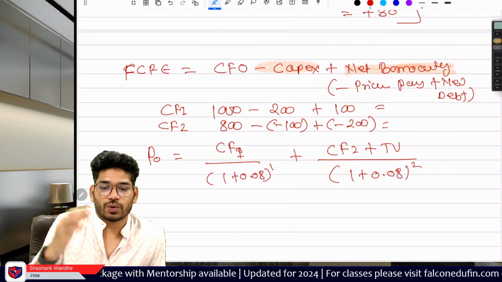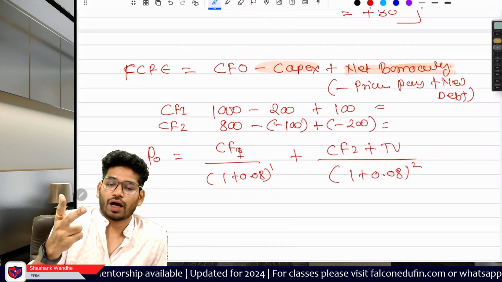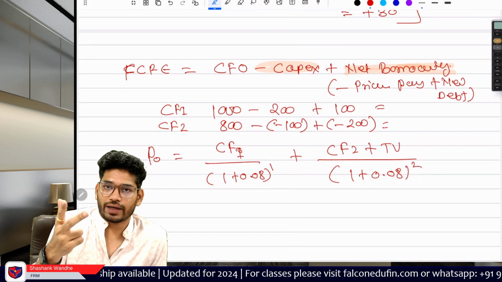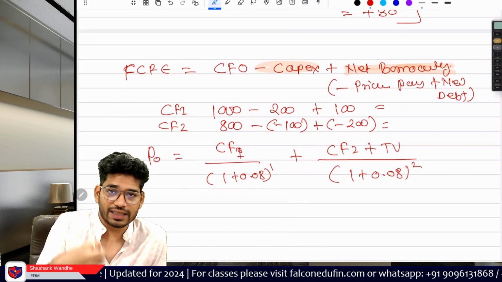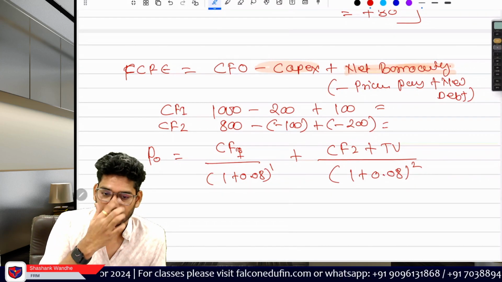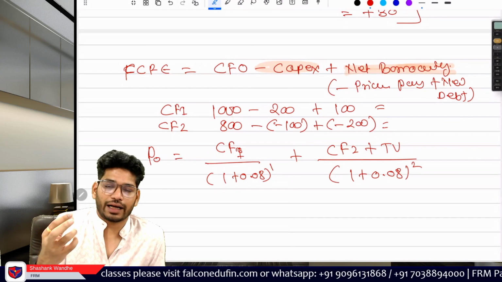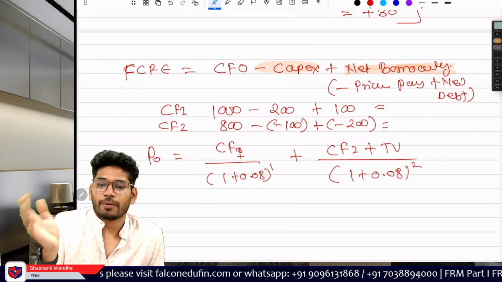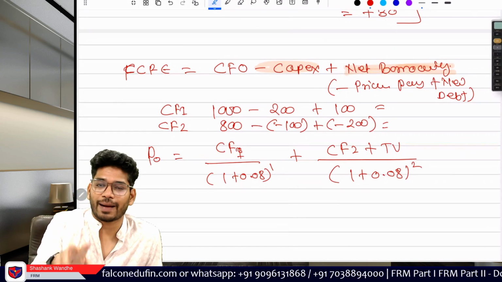Now plug these values and you will get the answer. So what's happening here in the first case? Cash flow from the operations is positive. We are having the capital expenditure of 200, so a cash payment of 200, and then net borrowing. So funds are coming inside. So the 100 is the net borrowing, positive. Now in the next, cash flow 2 part, it is 100 cash flow from the operations, positive, minus 100. This means we are receiving cash. Okay, so minus will get positive.